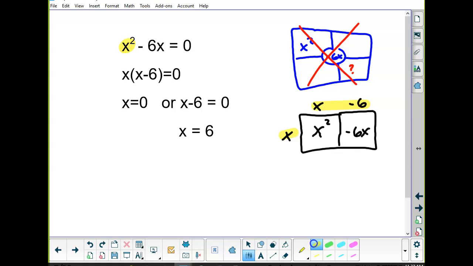The other way to do it is right here. Look at these 2 pieces. What do they have in common? They each have an x. So I'm going to undistribute. I'm going to factor out that x. And what's left over is the x minus 6. And that's where these 2 pieces come from. But once you do that,